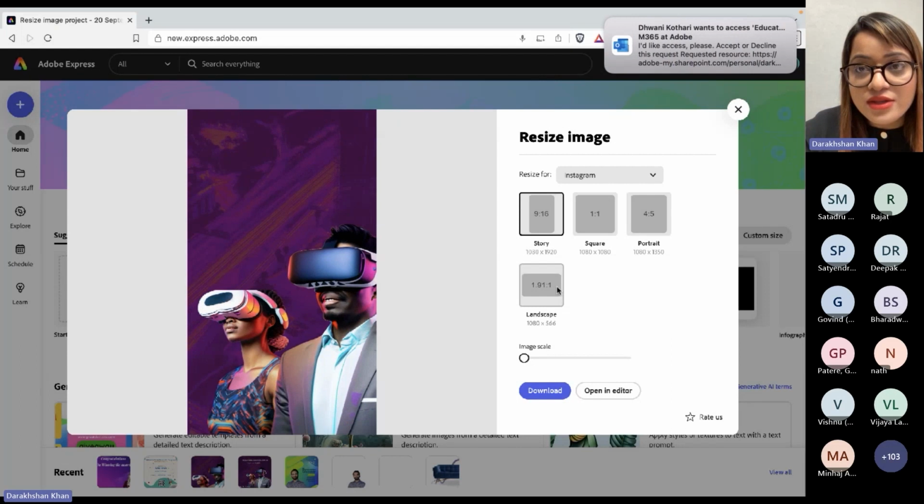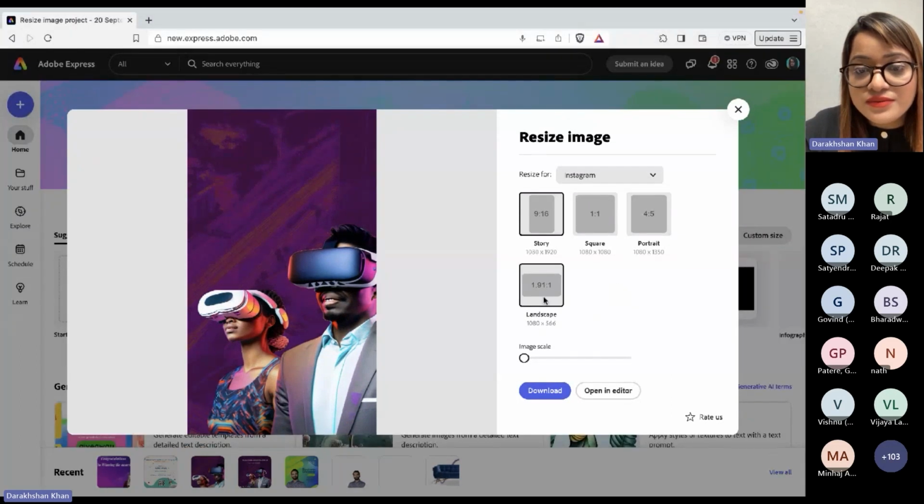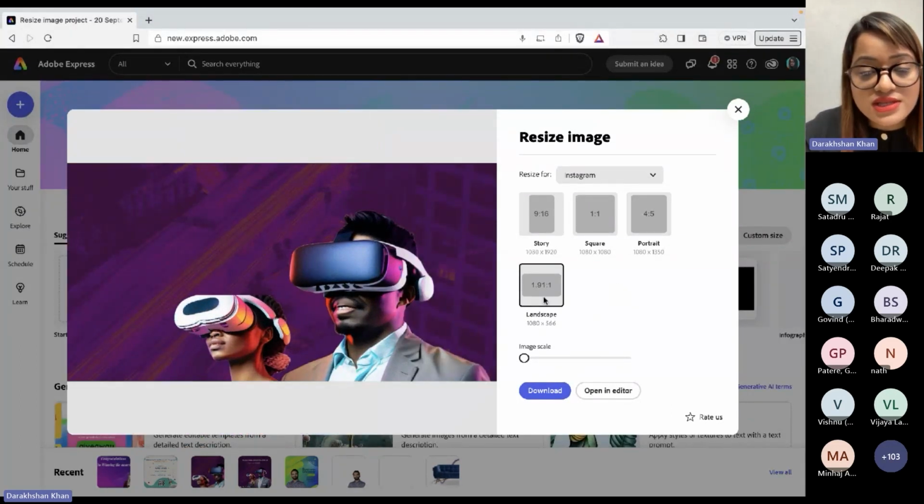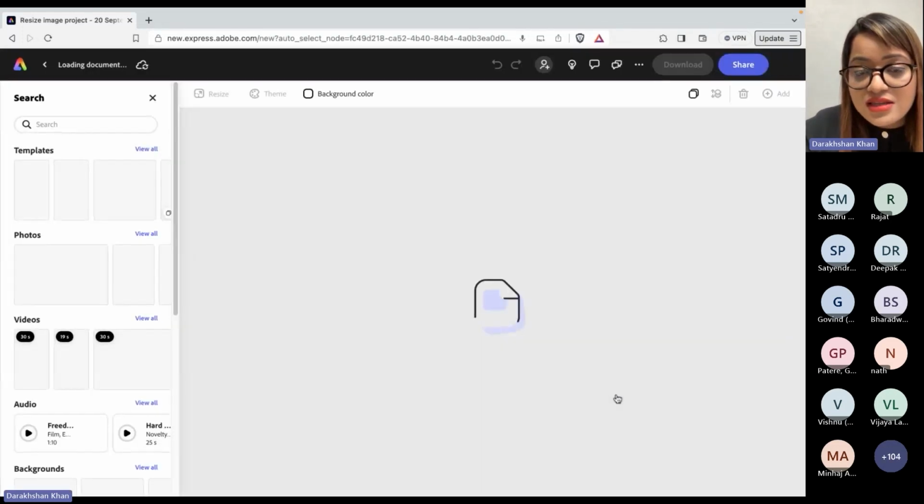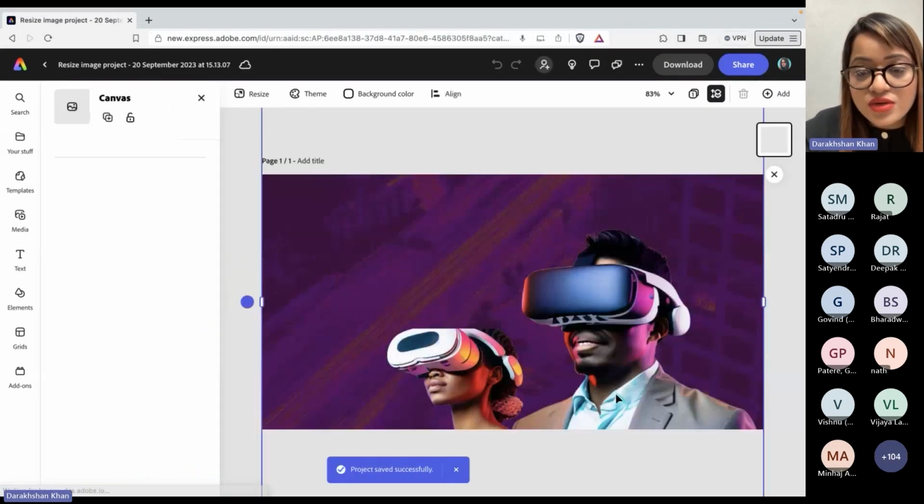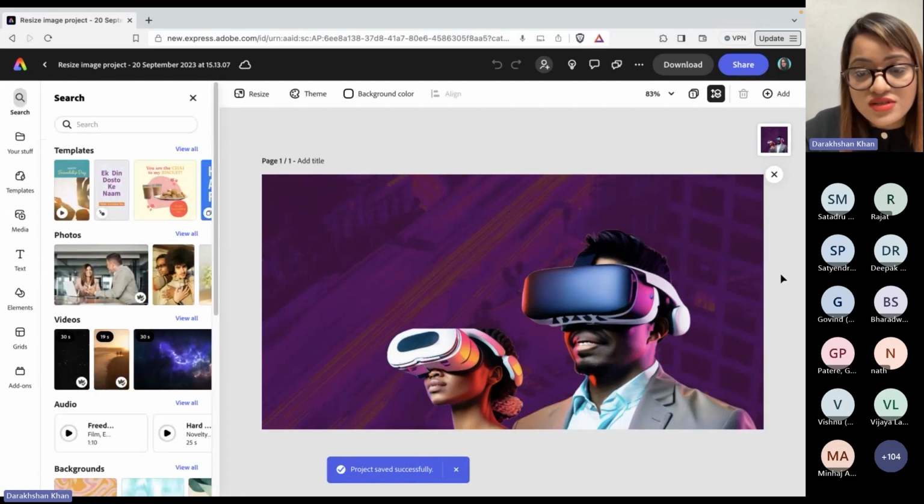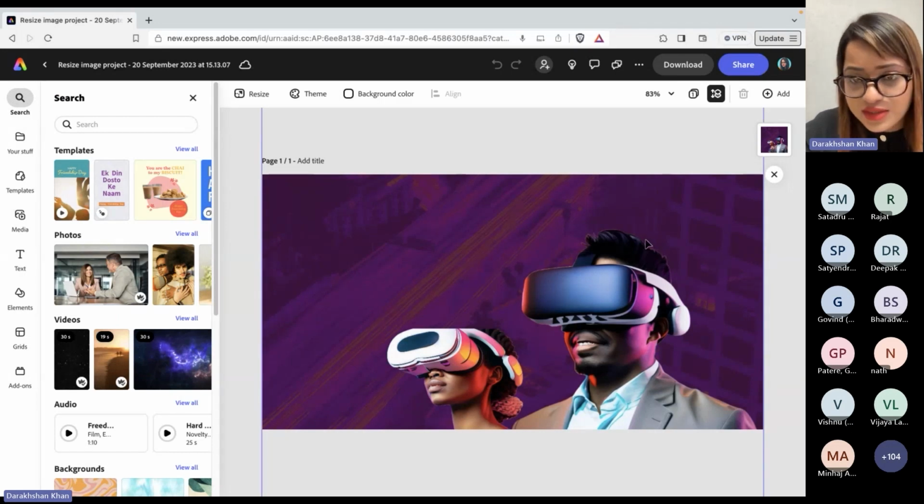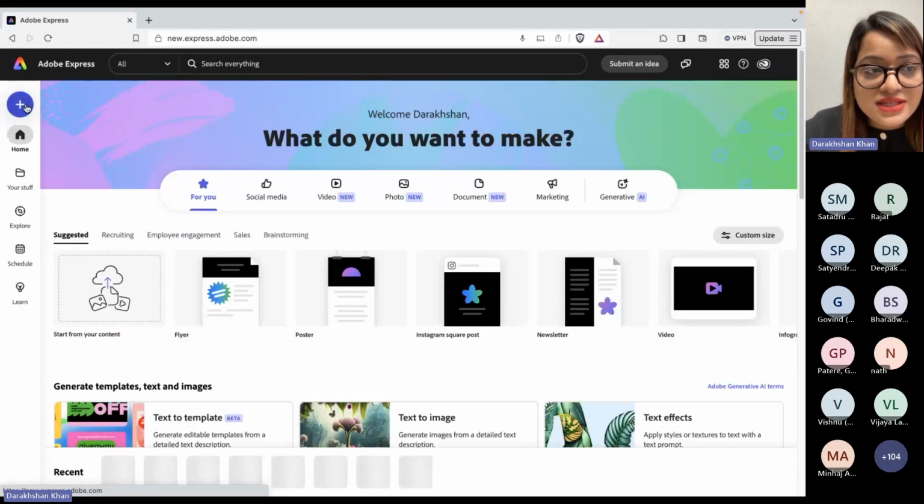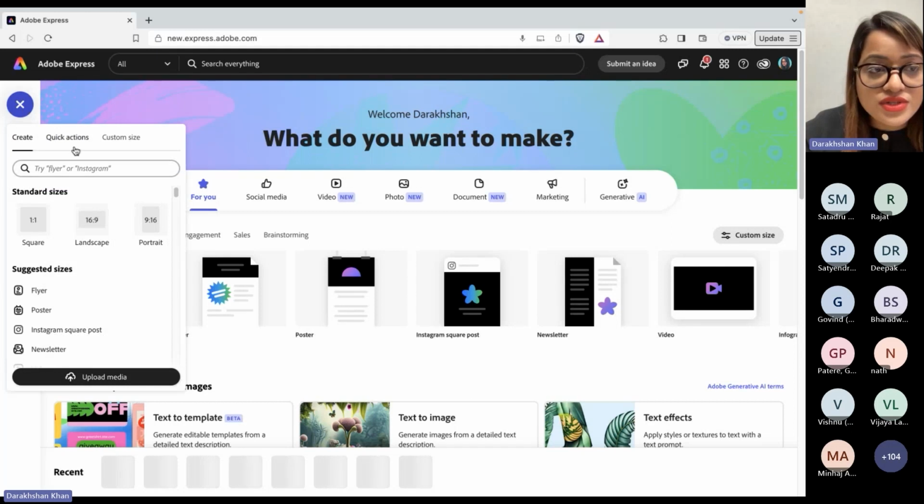Maybe I want it for a banner. So what I will do is I'll go over here and choose this as a banner. So now this image has been resized. Again, either I can open an editor or I can just download this image. And let's say this is for the virtual experience. So the entire thing I have created within Express, the background, these two people, and I'll show it to you. So this is where the resizing could be quite helpful